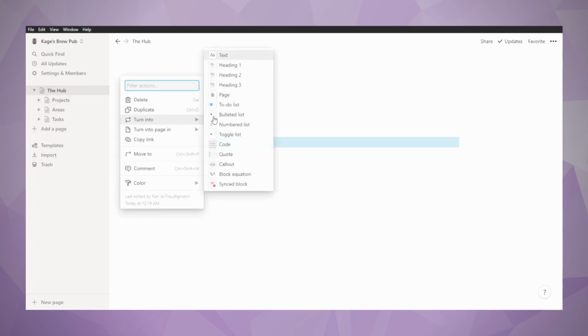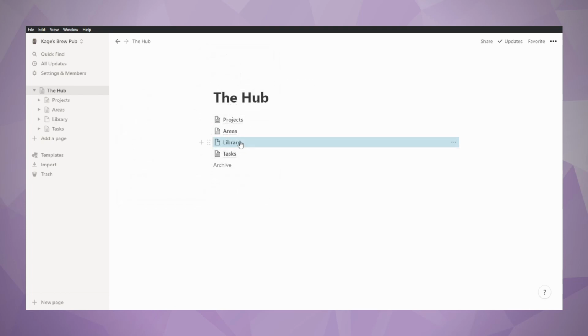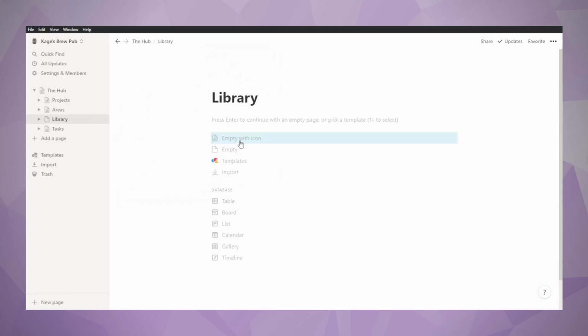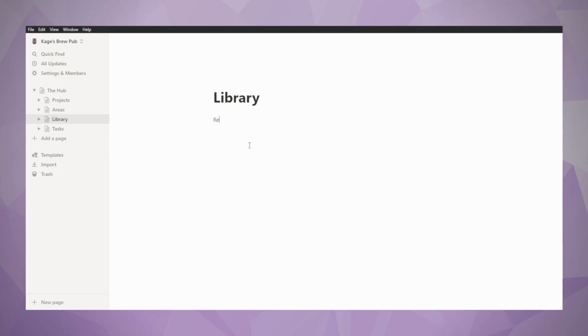All right, so going back into the hub now, let's create the library. We'll make that into a page. And we're going to just start that off with just an empty page. So similar to how we created the hub, this is just going to be basically a list of pages. Sometimes they might have databases in them, but I'll generally make them an inline database rather than a full page database. But this is maybe where you keep your recipes,